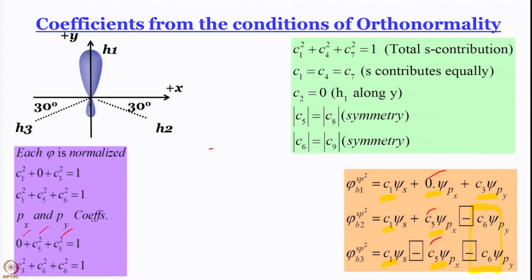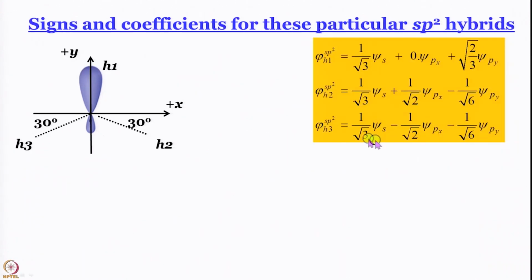How do I find C6? Is it difficult? It is not difficult, it is very easy, right. Because now you can use anything, you can use normalization condition by taking C1 square plus C5 square plus C6 square equal to 1, or you can use orthogonality also. You can say C1 square plus 0 plus C3 into C6 equal to 0. You already know C3, so the only unknown will be C6 and you can find it out, right. So, when you do that, this is what you get. I hope the coefficients we worked out are all matching. 1 by root 3, root over 2 by 3, 1 by root 2, these we worked out, and this comes out to be 1 by root 6.